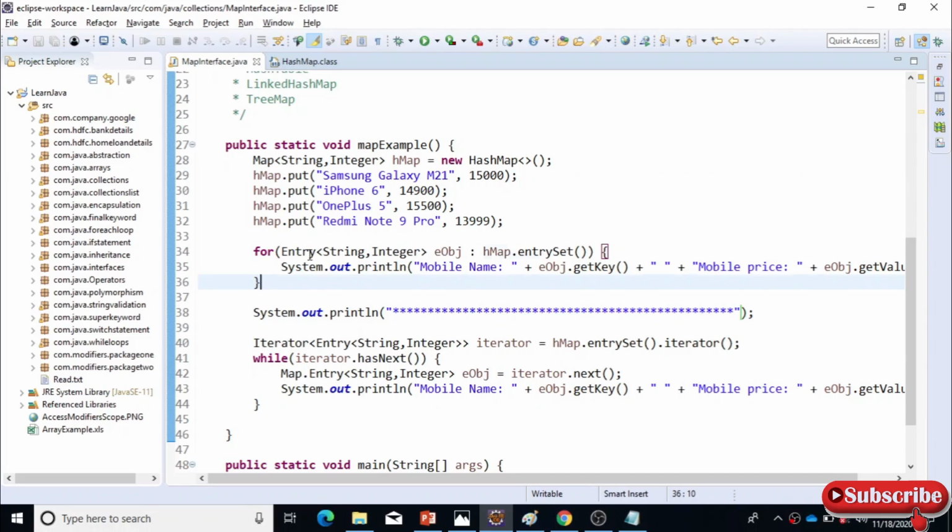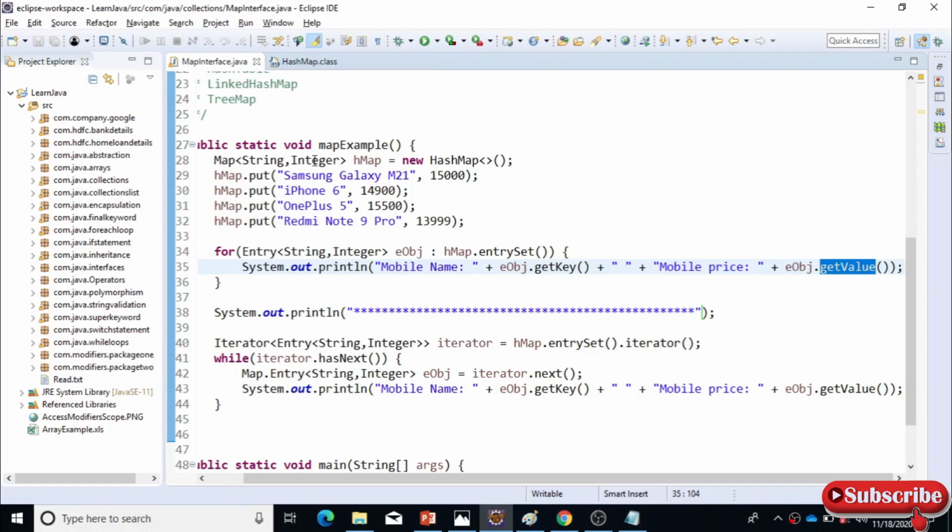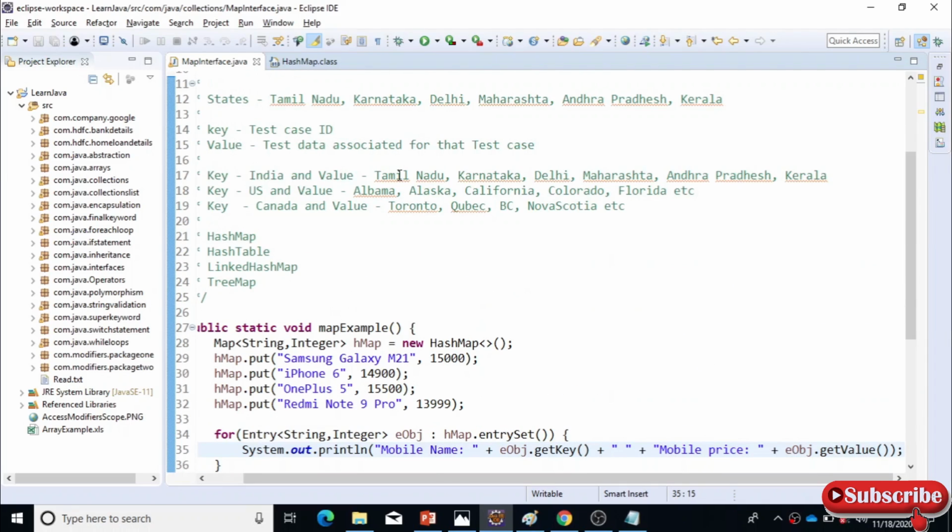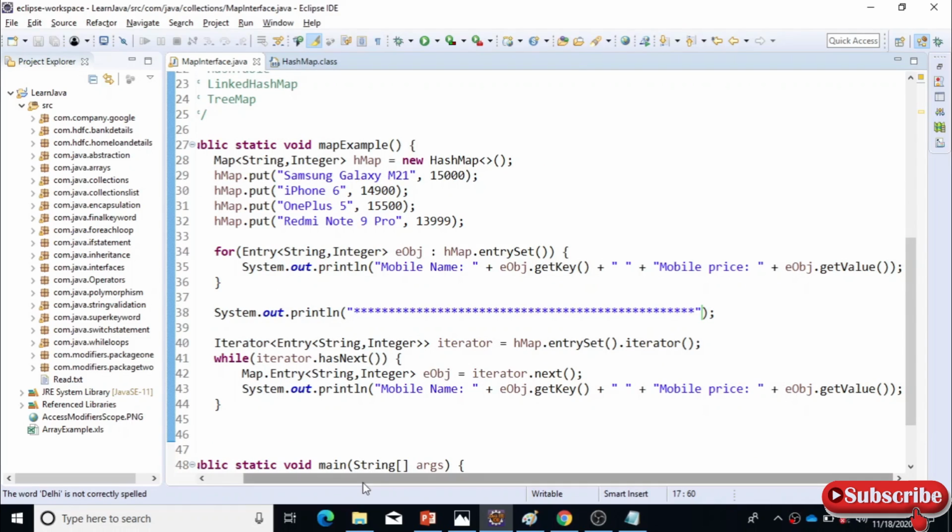Okay, so this is a simple one which we traverse using the entry interface, and we are getting the key and value, right? So in case you are going for a list, then you have to put multiple for loops, and you have to get the values one by one. Okay, so one by one you can get the value. So that also we will see, how to do that.